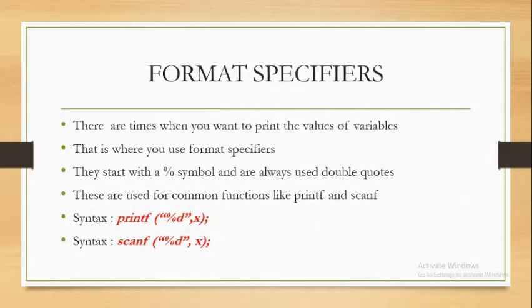They start with a % symbol and always are used inside the double quotes. They are used in some common functions like printf, scanf, and so on. In the printf function, in the double quotes you place %d, and after the comma you place x, and in the scanf %d, and I forgot to write the ampersand, but please don't forget to write the ampersand because it leads to undefined behavior. So what is this %d, %l? In the IDE I used %lf. Here I'm saying %d. So what are these things? Let's know.